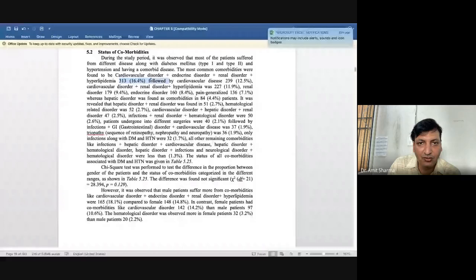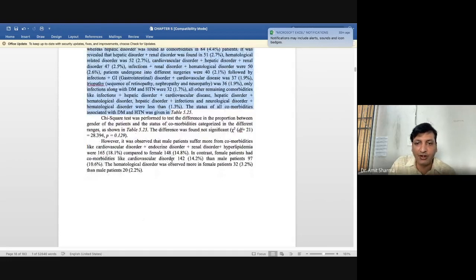The number which is highest should be discussed first. And when you come lower, you can see that here I am discussing 16%, then 12, then 11, then 8, then 2.7, 2.5, 2.1, 1.9, 1.9, 1.3, from higher to lower order.